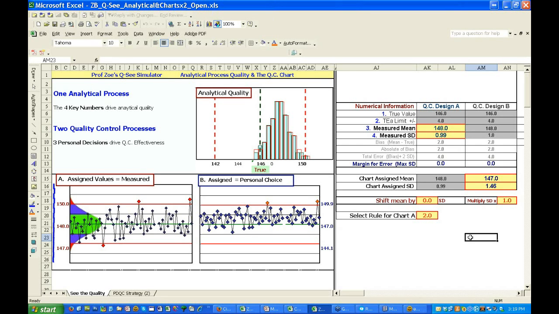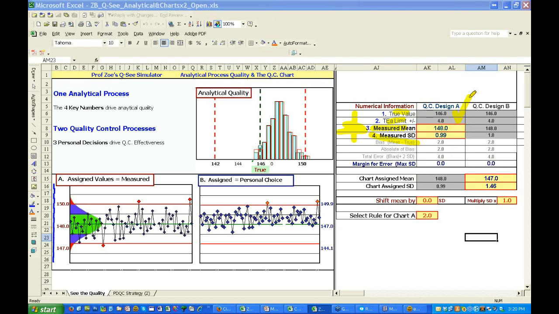Okay, I'm gonna lead you a little bit further. If you could change one of these 4 numbers, which of these 4 numbers would you change? The true, the TEA, the measured mean, or the measured SD? If you could do something to change one of these numbers, which number would you change and how would you change it? Well, after I ensured that the true and TEA limits were valid, then I would want to start